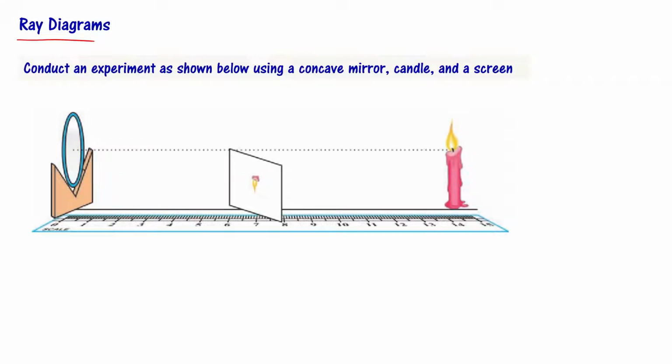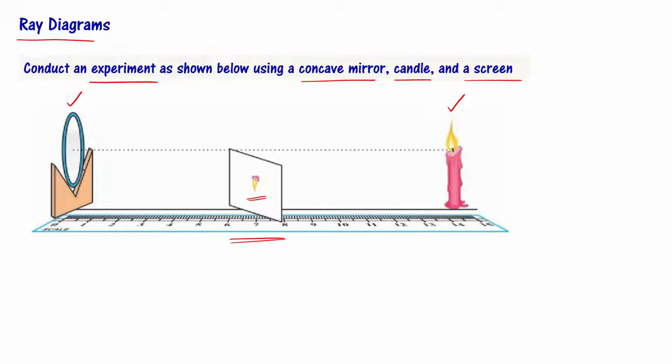Let us first learn about ray diagrams. What are ray diagrams and why we need them? Let us consider one experimental case. Let's conduct an experiment as shown below using a concave mirror, a candle and a screen. You have a concave mirror here and I have a burning candle here. Burning candle అనేది source of the light, right? And we have a screen here. If you observe on this screen, you have an image of candle forming, right? Image చూస్తే గనక inverted గా ఉంది.